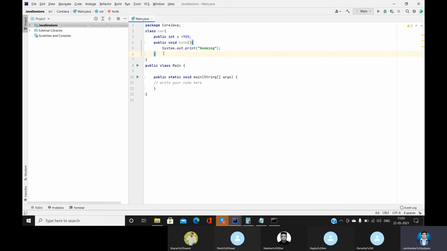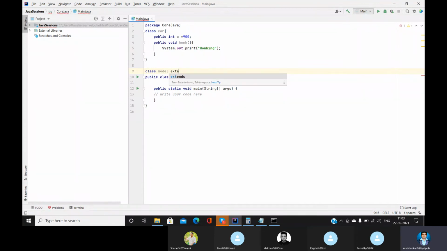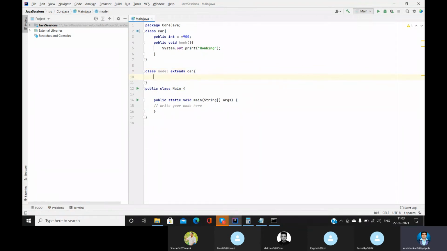Then we are going to inherit the class now. So how to inherit the class? We create class Model extends Car. Extends is a keyword, guys, which is used to inherit the class.